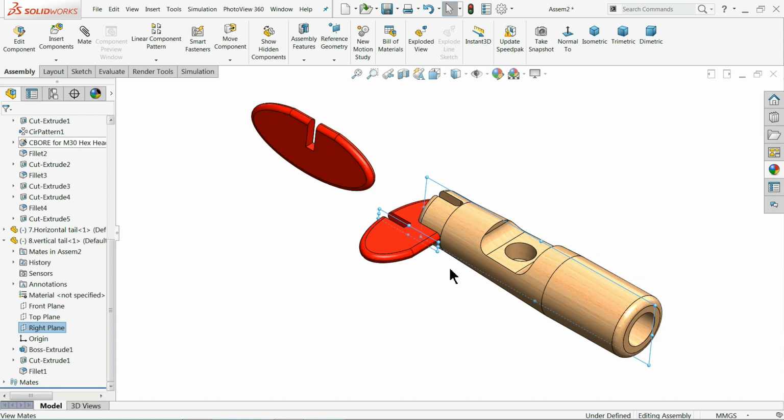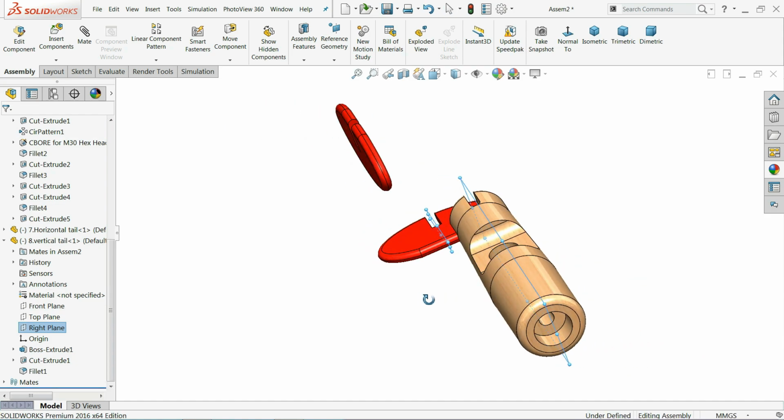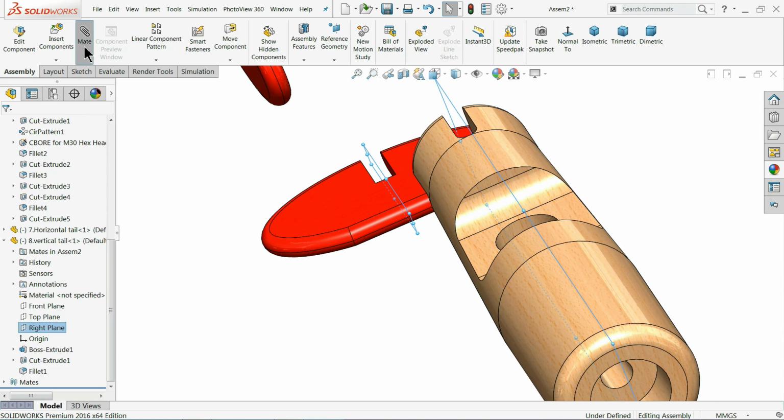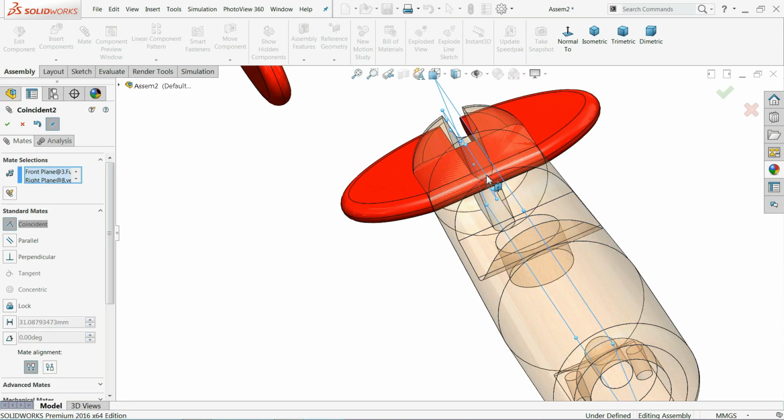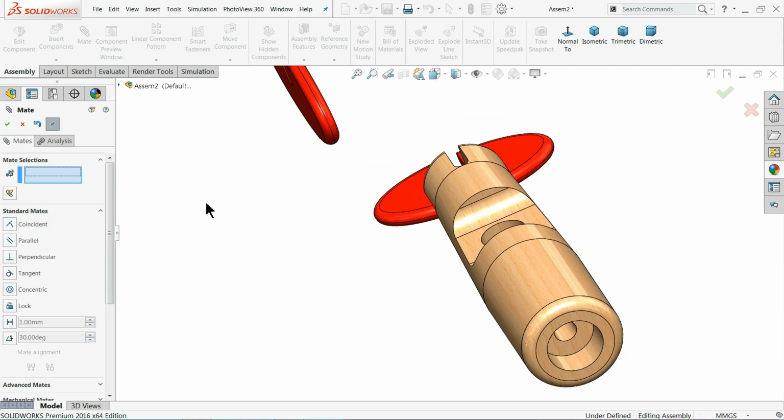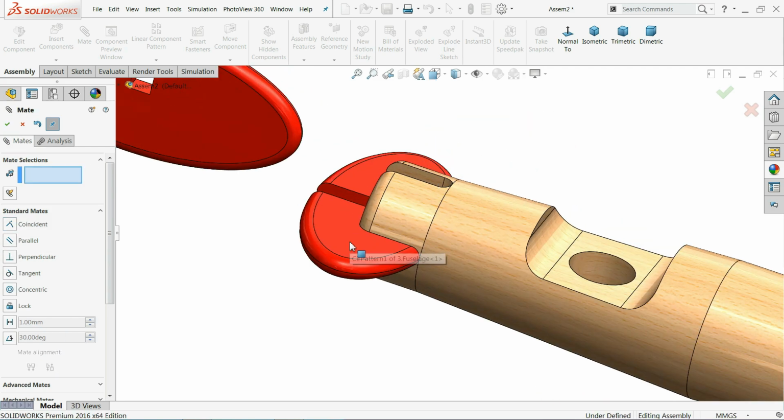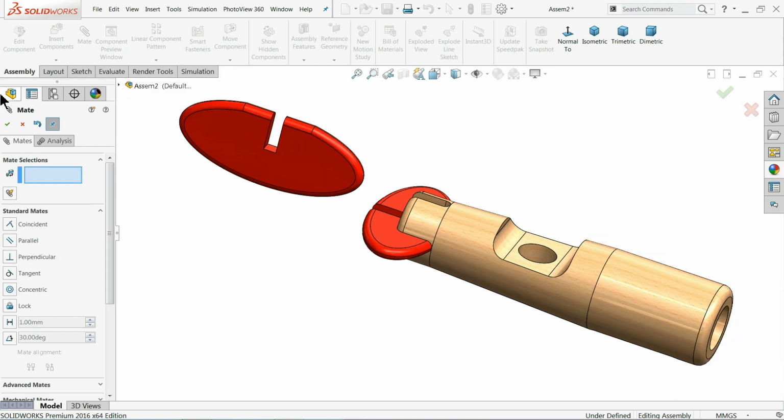Now see, we selected top and right plane of both the parts. Click mat. Now see, it is moved to the center point, coincident relation. Now this is fixed, it will not move.